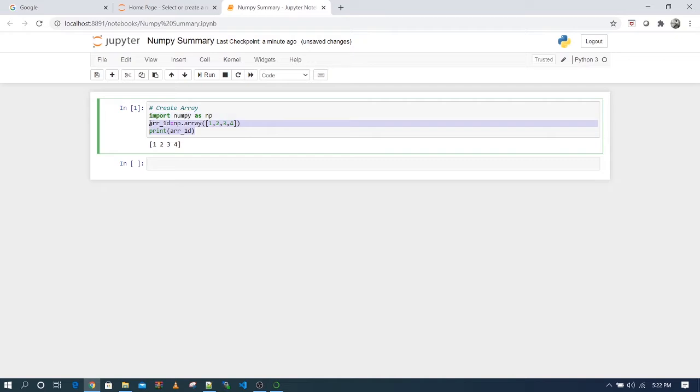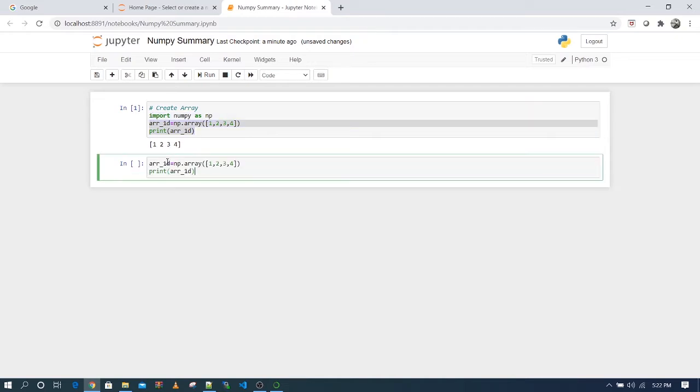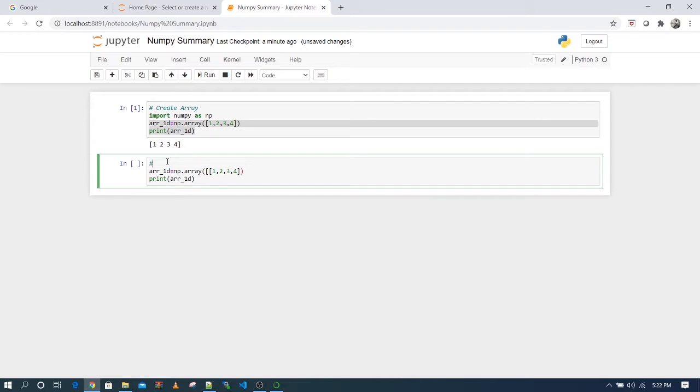2D array. As I told you in the beginning, you have to pass different types of lists to create different types of arrays. First I passed a simple list. Now I will pass a list of lists for creation of a 2D array. So let me write here as well, you have to pass a list of lists. This is a list and I have to pass a list, so I need another list here.